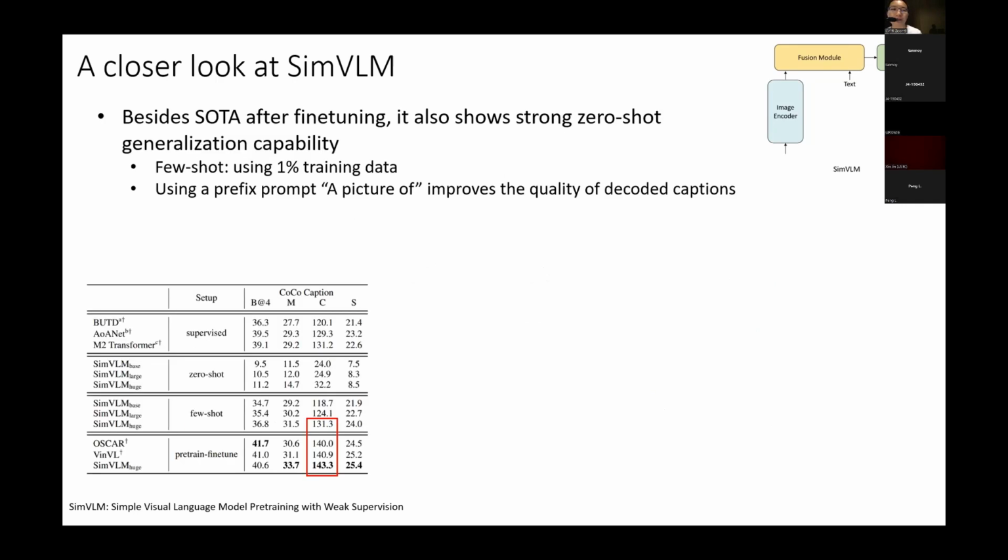Besides SOTA, after fine-tuning, it also shows strong zero-shot generalization capabilities. And here the table shows the zero-shot image captioning performance. They show that using a prefix prompt like "a picture of" generally improves the quality of decoded captions by a lot. They also show few-shot performance, but in their context, the few-shot